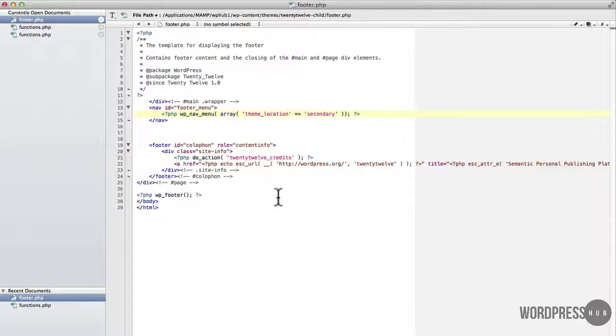Now I want this menu to look the same in styling as the primary menu in this case. So instead of trying to create everything from scratch and creating new CSS style files, I'm going to add some code that will use an existing style menu. So in order to find that style menu and find what they're using, I'm going to go